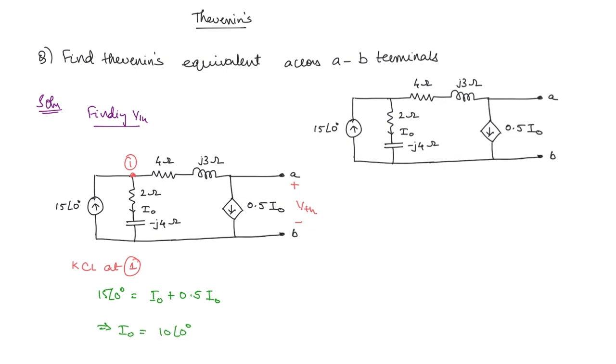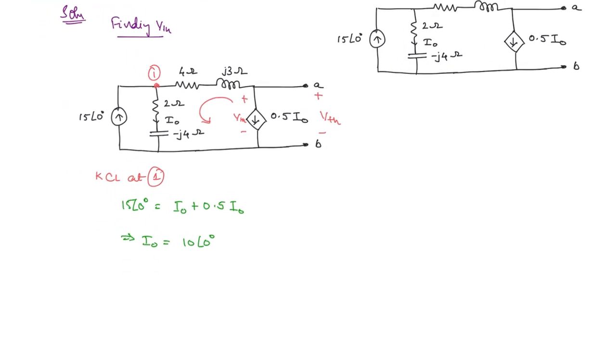Now how to find VTH from here? You can see that through the current source we cannot find it. The only way is to apply KVL here. Along this loop, if you apply KVL, this is VTH. We know the current through this as well. This current is I0, and here the current is in the opposite direction, 0.5 I0. So applying KVL,